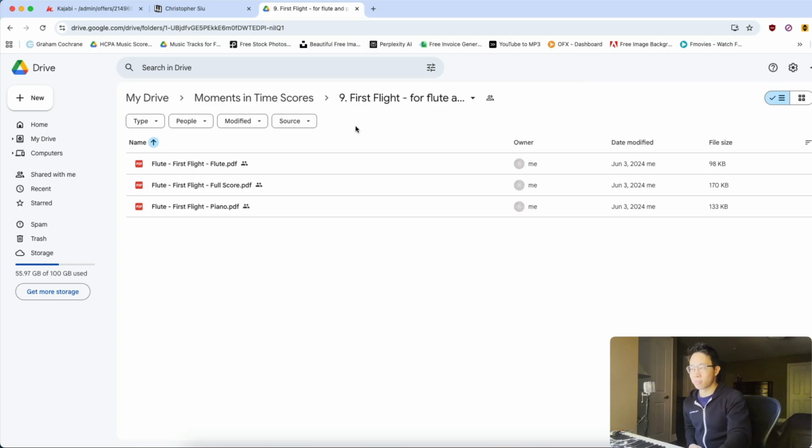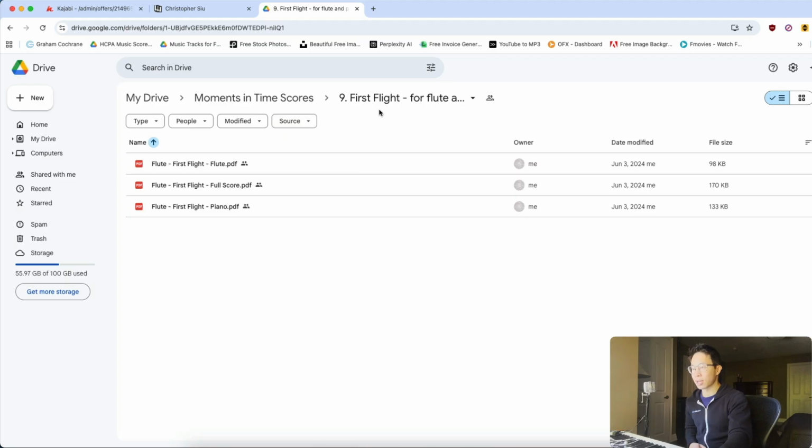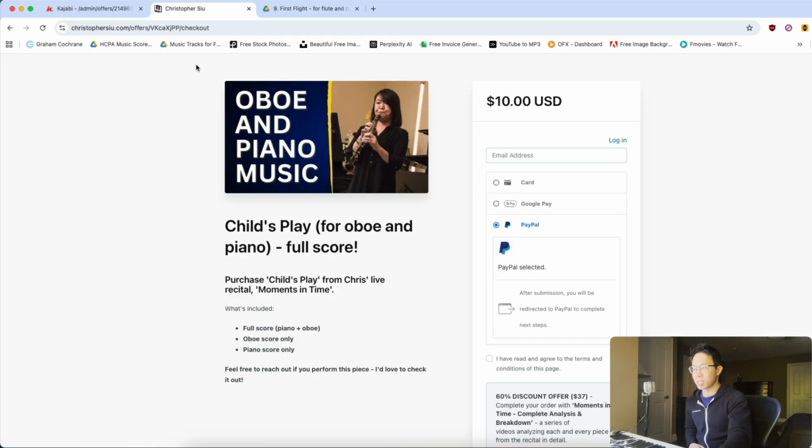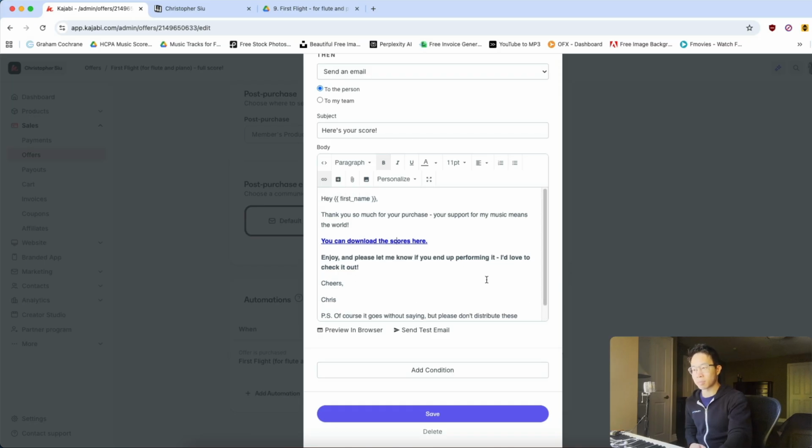right in Google Drive. So I host all my different products and stuff in Google Drive, all my digital files like sheet music and stuff like that. These are all the different scores. And then I just copied this link for this folder and pasted it inside of this email right there. So that's how I end up sending my digital files through Kajabi without having to use up any of my